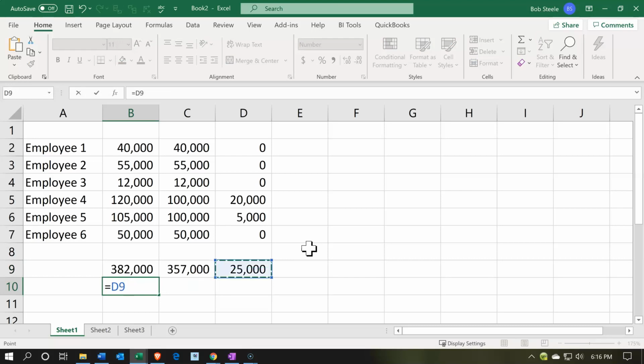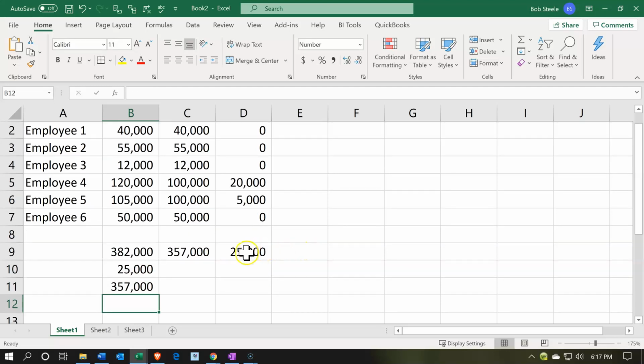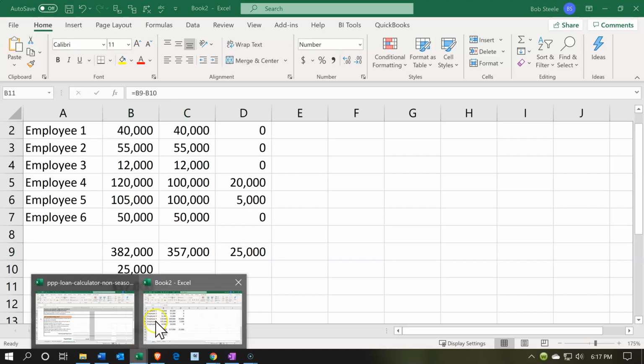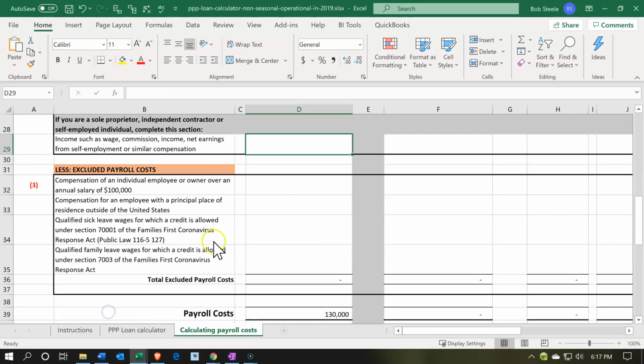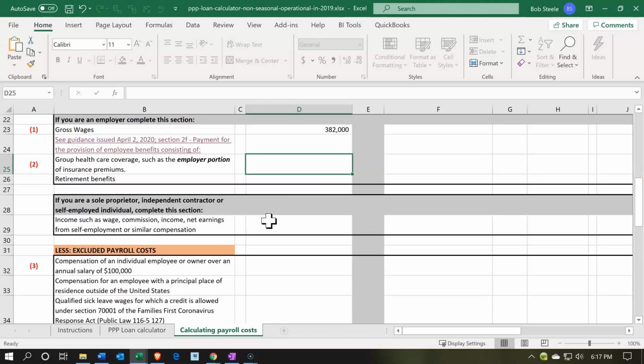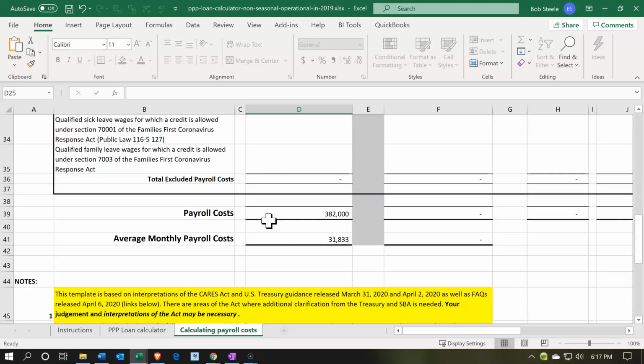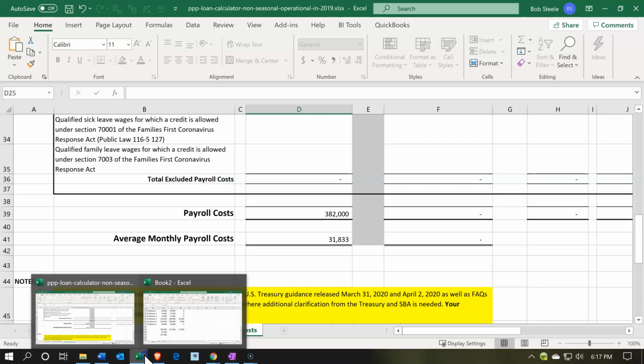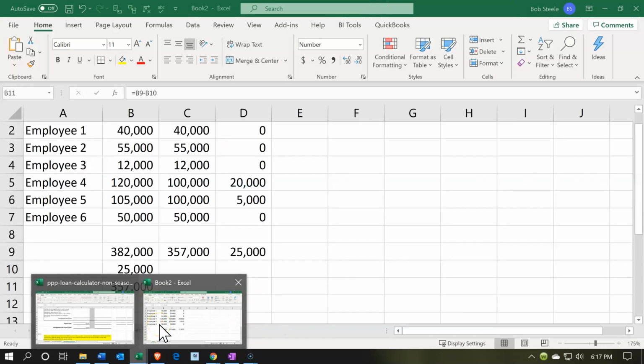So that's just so you know, obviously when you calculate it in practice, you're probably doing something more like this, to get instead of this. So if we were to pull that over to our other number, let's say this was 382,000, and let's just remove this for now to remove the confusion of that. So that would be at the 382, and then you would think that they're going to pull out the 25,